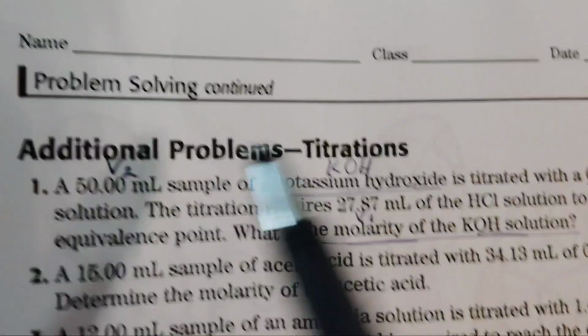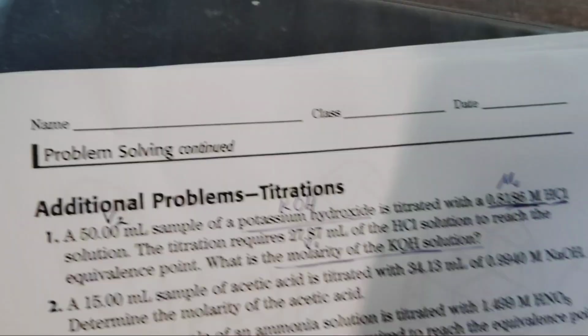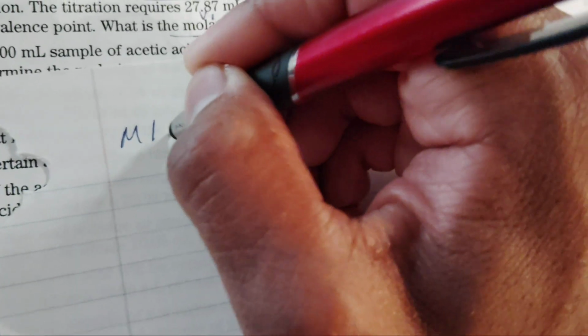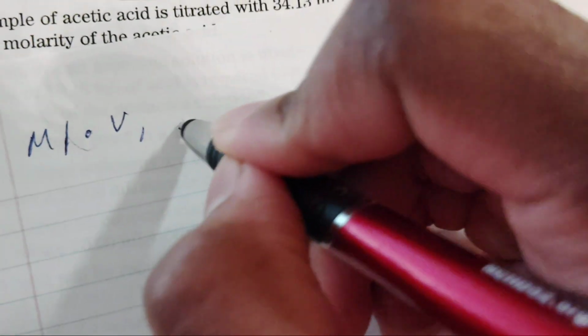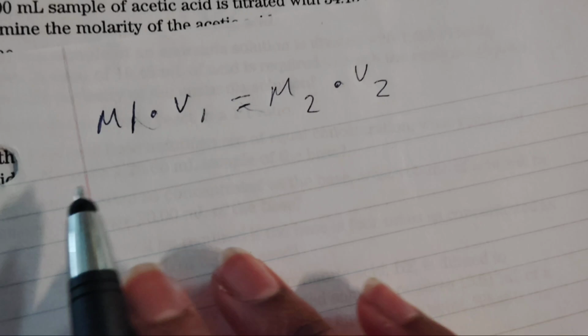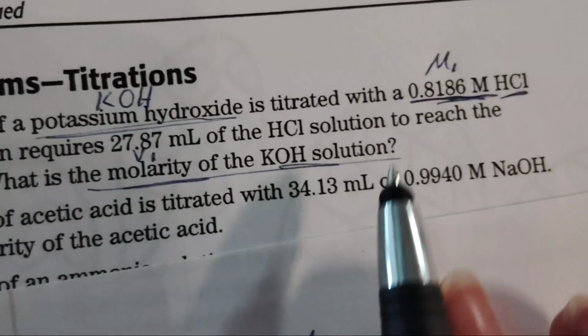So first, we're going to do a formula. I'm going to write it down. So the formula is M1 times V1, M1 subscript, that's a subscript, times V1. The very simple one: M1 times V1 is equal to M2 times V2. All right, so plug in M1, which is the acid's molarity,